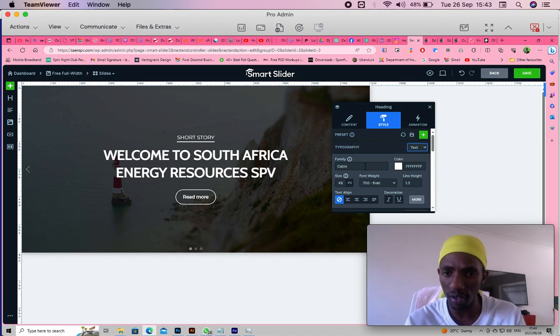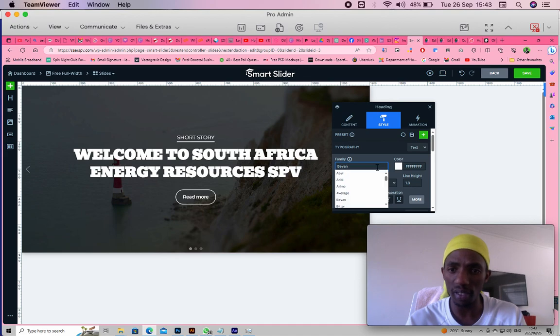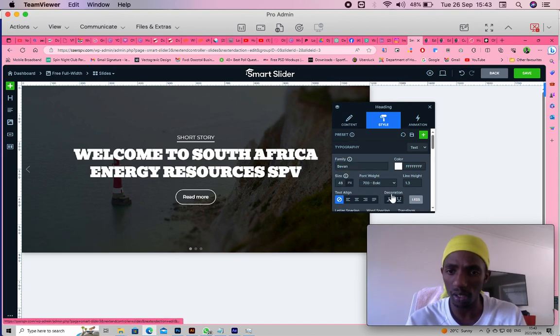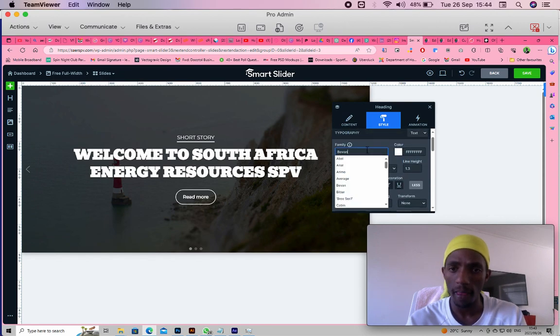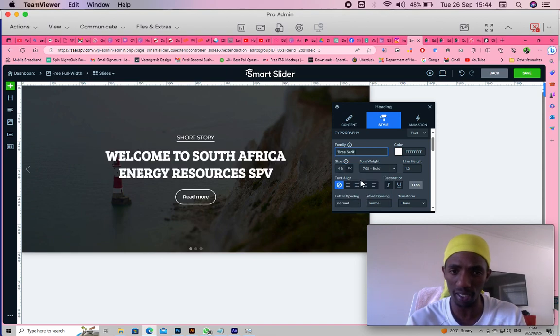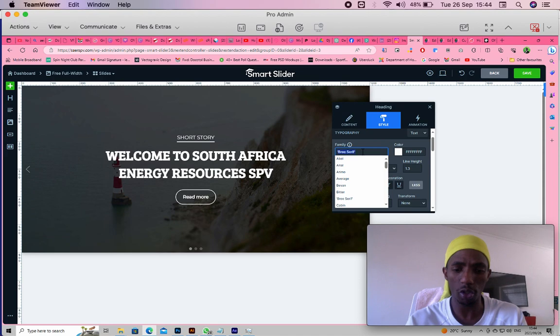Typography, text, hover. Okay, those are hover settings. But let's just say, for instance, right now, wait, what's the small button consist of? CSS. Okay. Alright, so for the sake of the tutorial, you could always come back and update your fonts or upload your custom fonts on WordPress and then search for it in this section here of this plugin. But let me maybe try find a